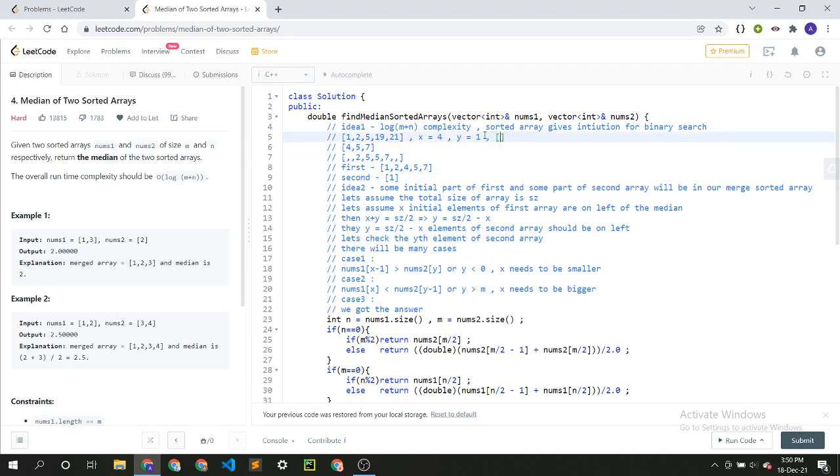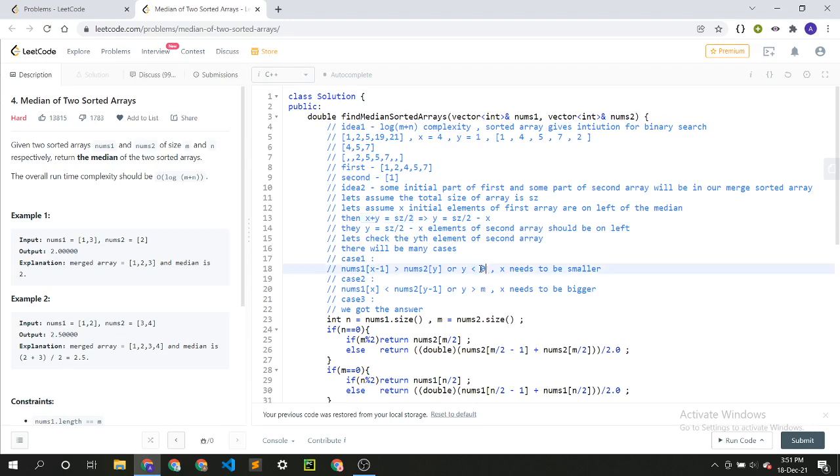Let me explain it again. We are having a median. We are taking 1 on our median from first array, 4, 5, 7 from second array, and we know for sure that after that we have median. Median can be 2 or something else, but 2 is on the right of these elements. So 7 cannot be before 2, which means that we are doing something wrong. We have to increase our 2. How can we increase our 2? We have to make our x bigger. So if we increase our x, our y will be automatically decreased because x plus y is a constant. Then we can solve it.